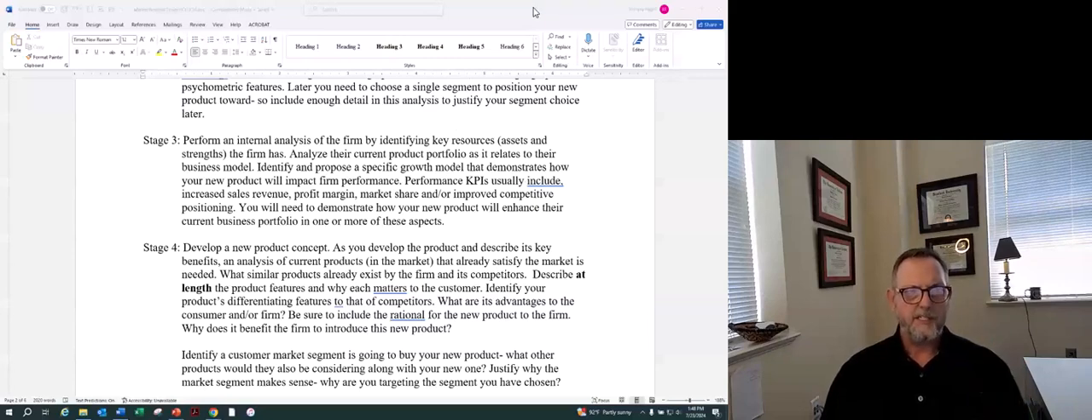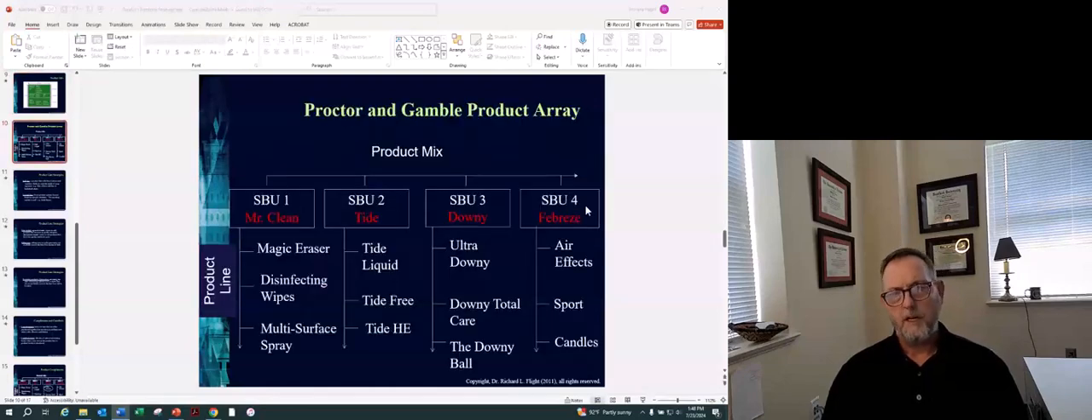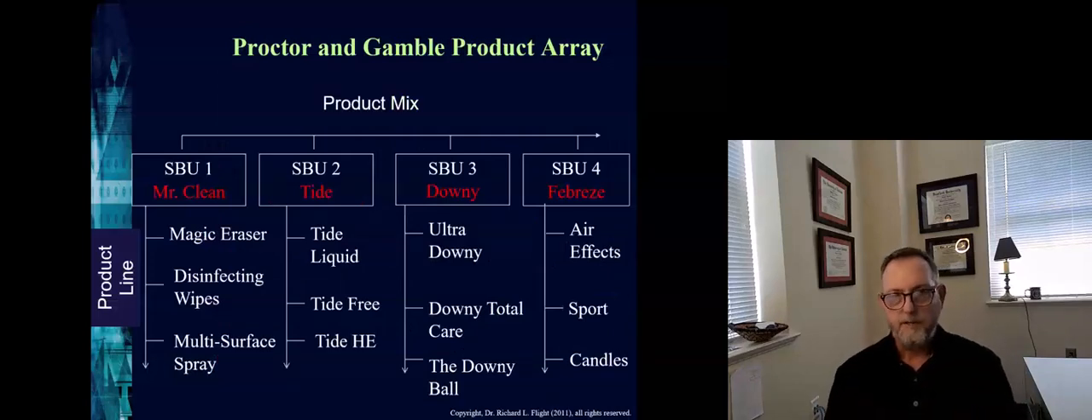Okay, so two parts again to stage number 3. Let's look just a little bit at some of the elements here. One, I wanted to offer you a glimpse at what we might call a product array chart. And so this is an example of a product array chart. This is a scaled down, smaller one for Procter & Gamble. Procter & Gamble has literally hundreds and hundreds of products, thousands of products across many, many different product categories. So this is just a snippet of what they offer in the area of laundry detergent or laundry cleaning